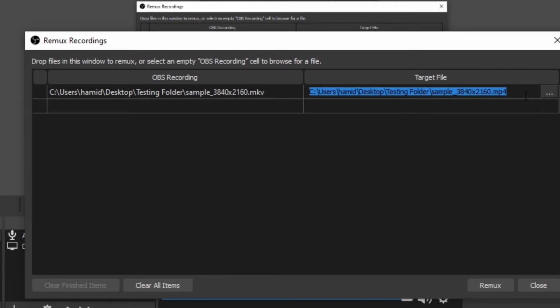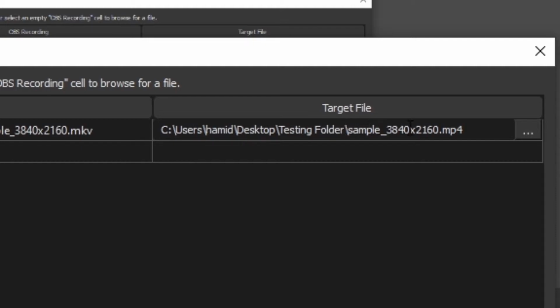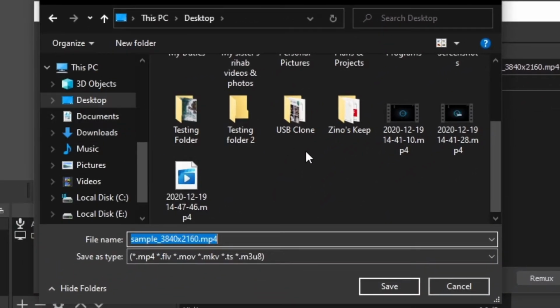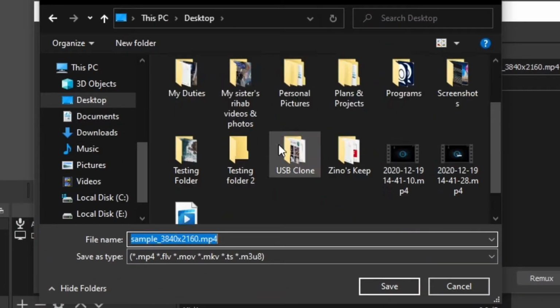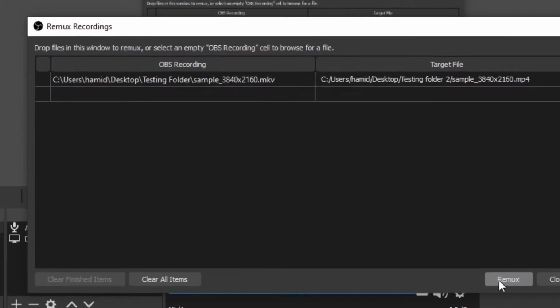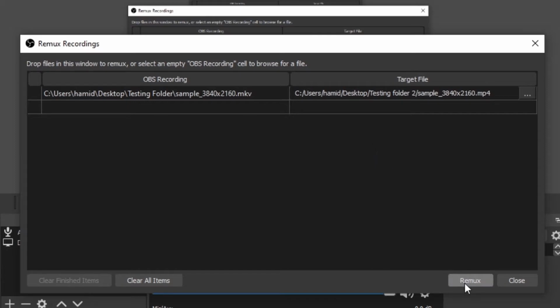And now the target file, it says it's gonna go to the testing folder, and we don't want that. We want to keep the MKV, or you won't. I don't really care, but it's up to you. I just want to convert it to this folder, so it makes a converted copy of that MKV file, and you click save. And now, last step, we click Remux,